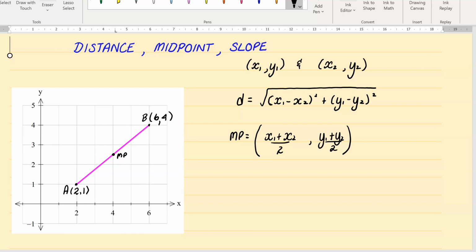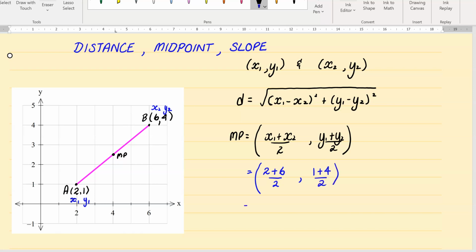I've already written my formula out, and we can see that this one will be x1. I mean, you could have called the other x, you could have called b x1 and y1, but I've gone with a. They will all work out the same, x2 and y2 there. And now we just pop it into our formula. So x1 plus x2, we've got 2 plus 6, and our y value is y1 plus y2, so 1 plus 4